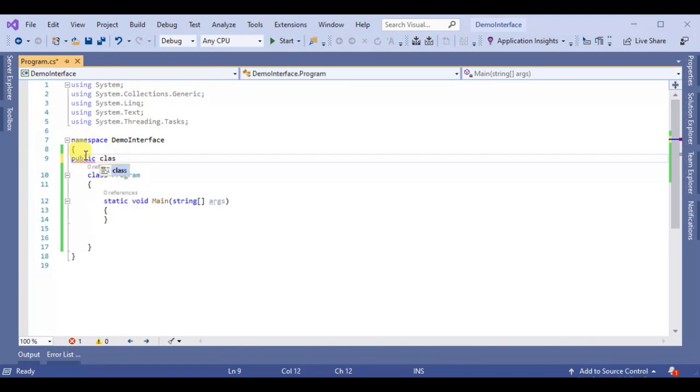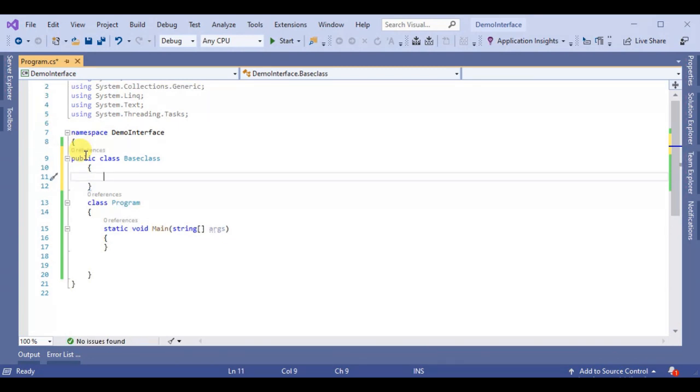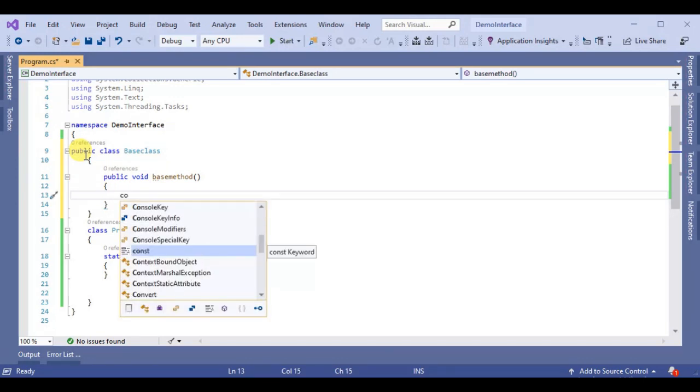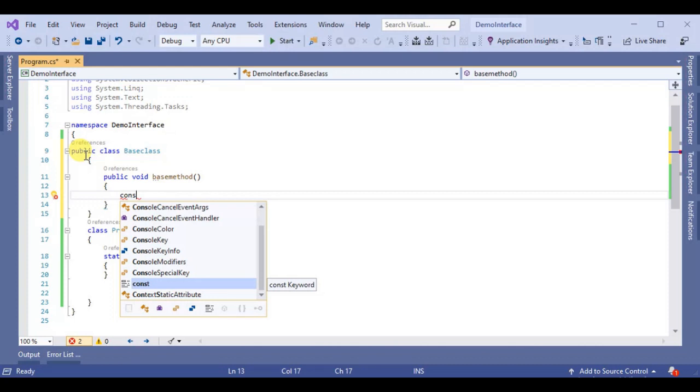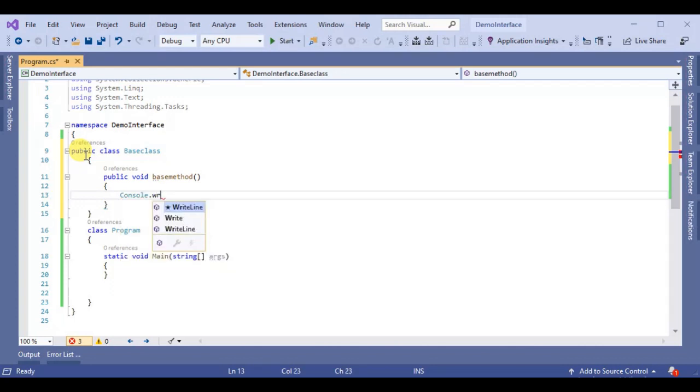So public class, suppose we give the name BaseClass, and inside this we declare a method, public void BaseMethod, and here we write a statement Console.WriteLine, "base class method".